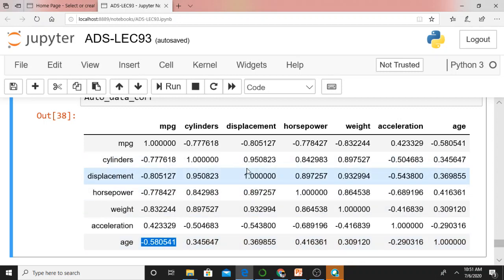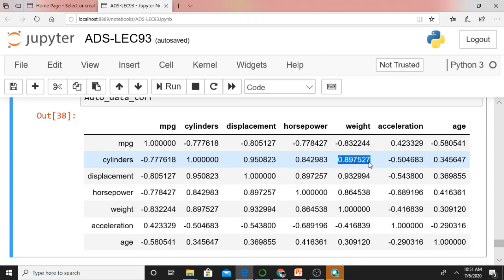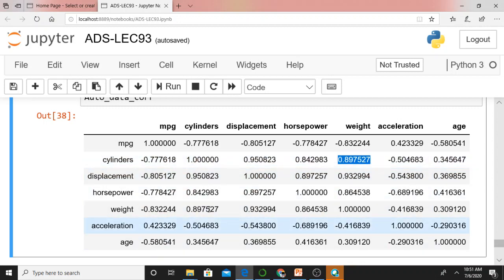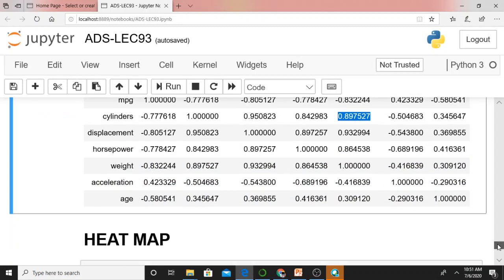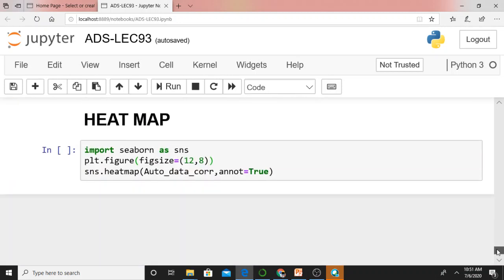Just see this particular cell, the intersection between cylinders and weight. What is its correlation coefficient? 0.897527. Therefore, they are positively correlated. In that manner you can understand the correlation coefficient between each and every pair of variables in your data set. It is simple and straightforward. Covariance matrix and correlation matrix are simple.